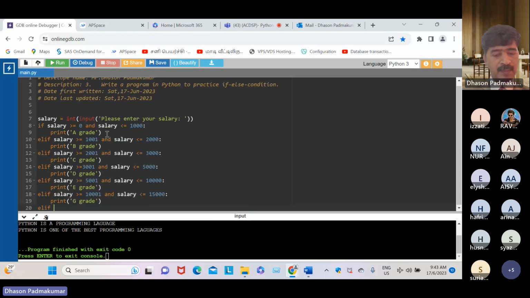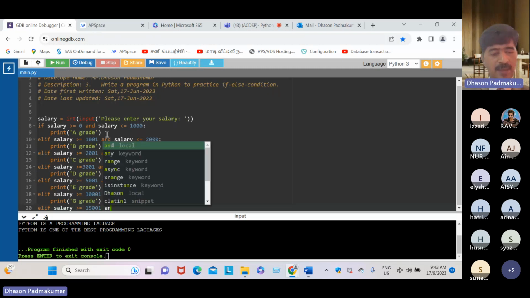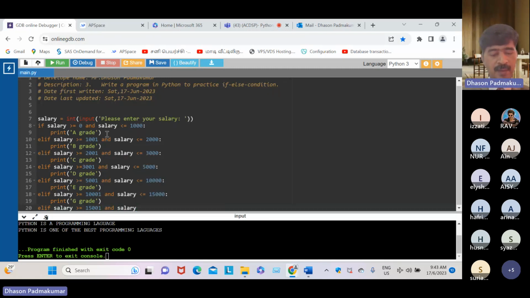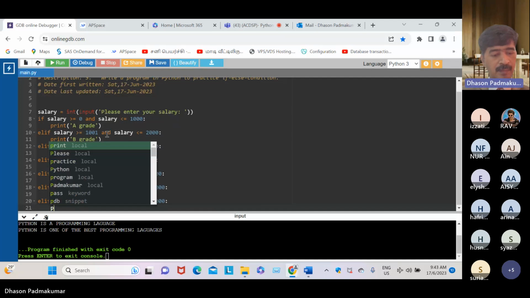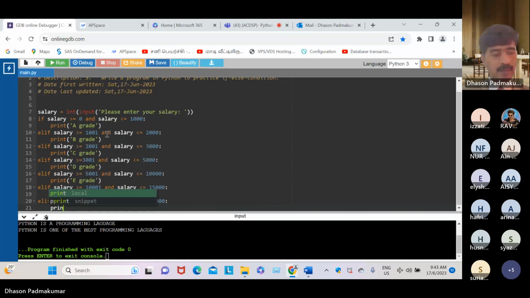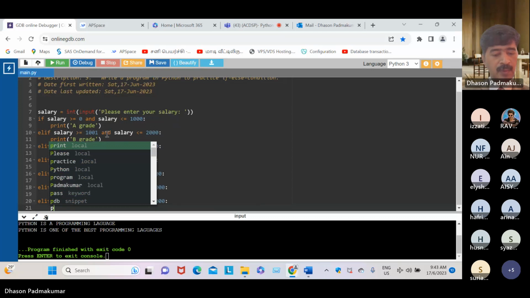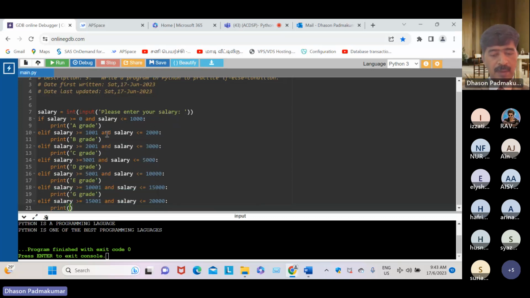Elif salary greater than or equal to 15,001 and salary less than or equal to 20,000, so print H grade.